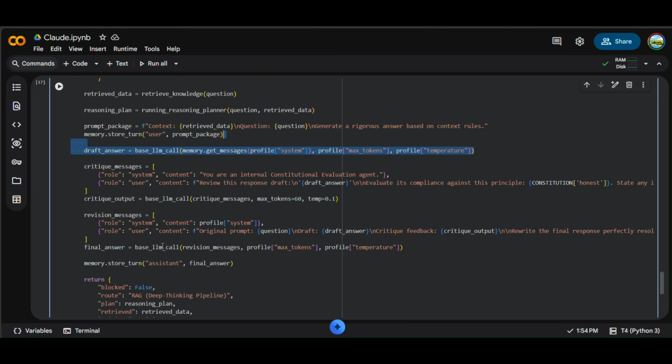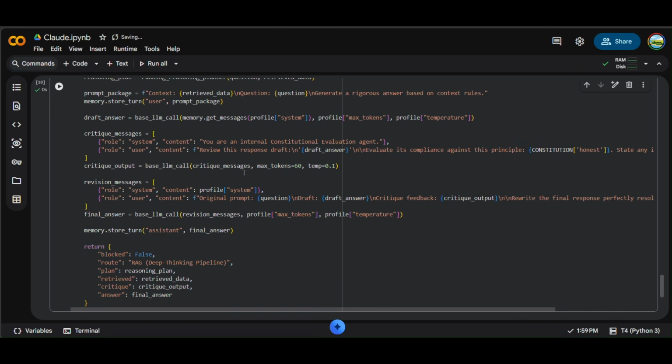And now the final answer. Finally, using its own feedback, it rewrites the response and produces a cleaner final answer. So instead of generate and return, the process becomes generate, critic, improve, and return, which is one of the core ideas behind constitutional AI. And with everything connected together, there is only one thing left to do: run it.